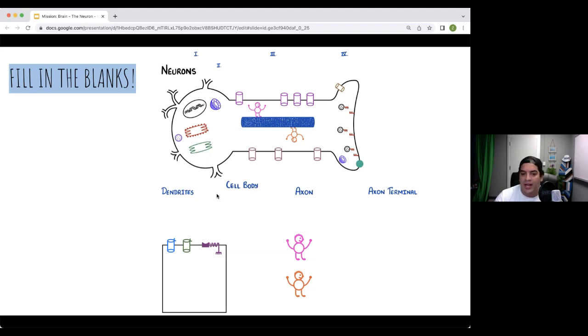The other thing that the cell body is super crucial for is, think about what it has right here in the honking center of it. It's got a nucleus. The nucleus is what basically allows for us to be able to make proteins. And proteins, when I talk about proteins within the neuron, obviously I'm talking about neurotransmitters. I'm talking about other enzymes that are involved within the actual function of the neuron. You know, there's so many different proteins that are embedded into the membrane. Look, these proteins that are channels are G proteins. So many different proteins are involved in the function of the neuron, and it's made right here in the center